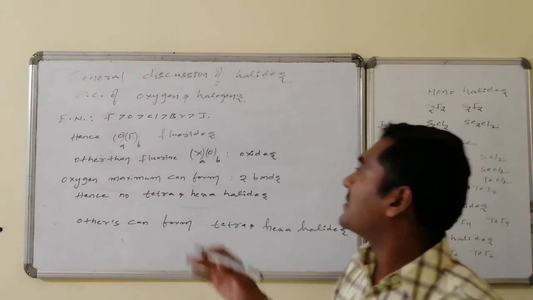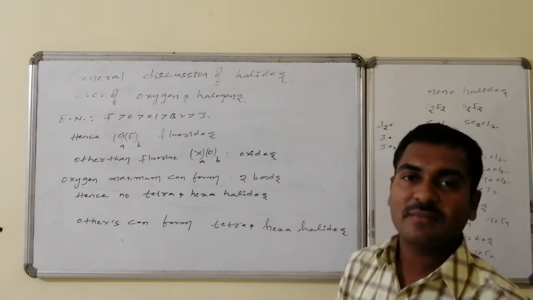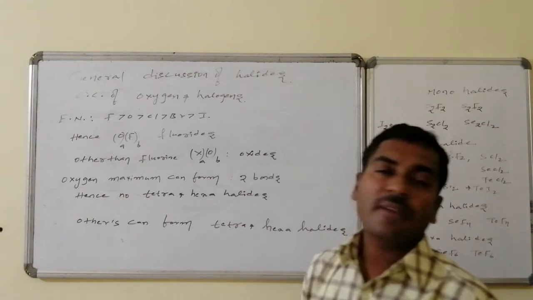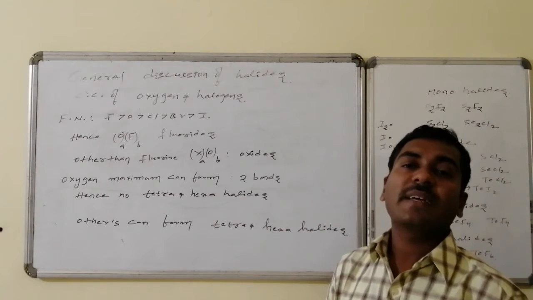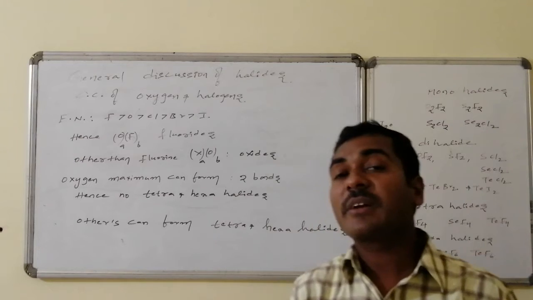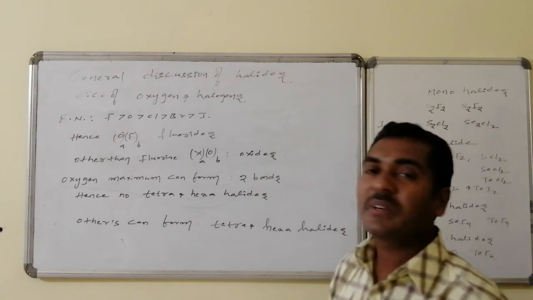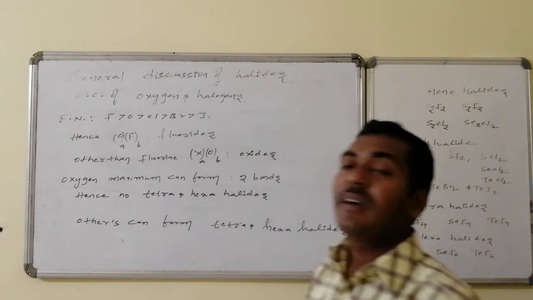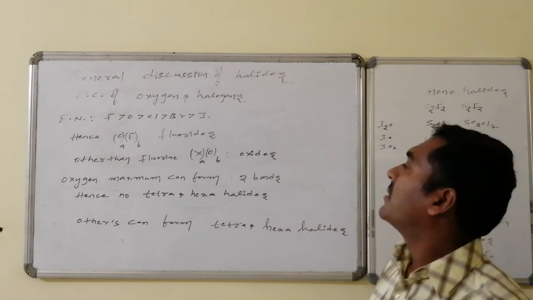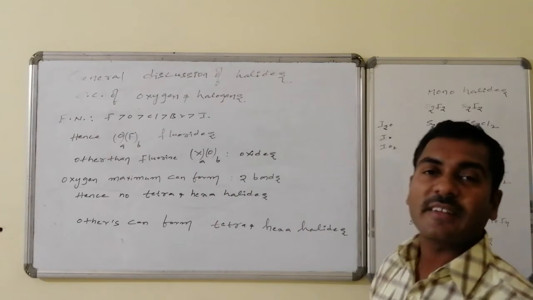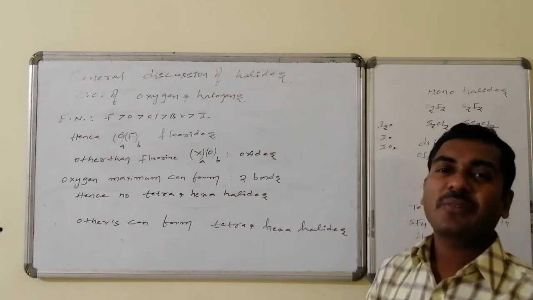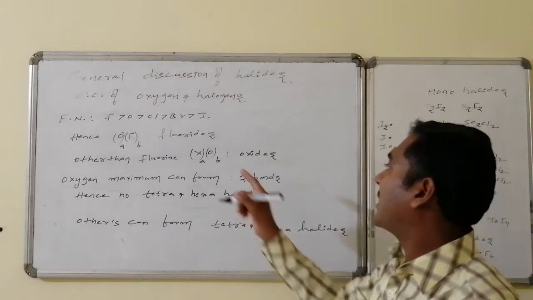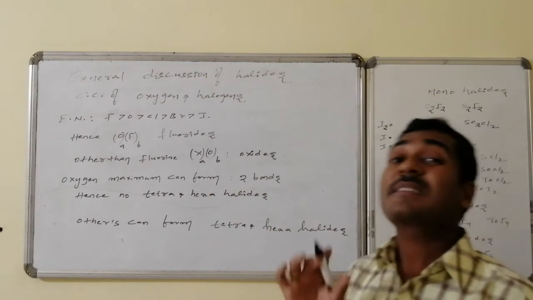If oxygen combines with fluorine, fluorine is more electronegative, so it is present in the form of an anion. Hence that is OₐFᵦ, where F is present in the form of F− and is called fluoride. These are all said to be fluorides. Whereas if oxygen combines with other atoms, maybe chlorine, bromine, iodine or any other, compared to oxygen they are less electronegative and are present in the form of cations, and oxygen is present in the form of an anion. Hence these are all said to be oxides.